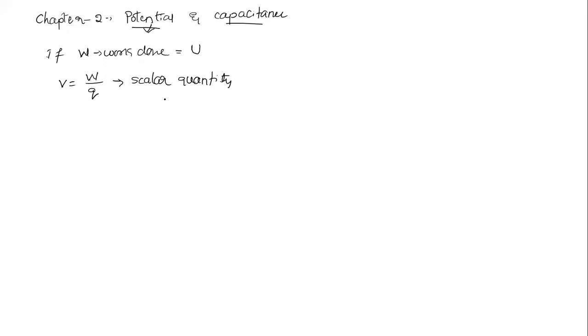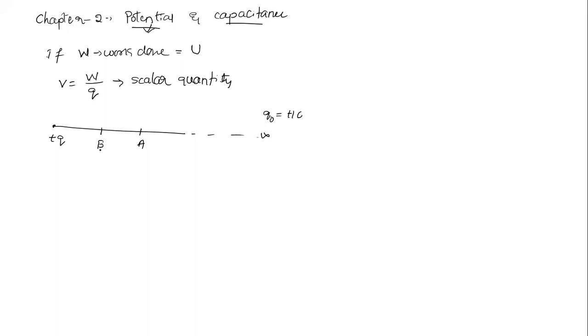Okay. So now this is what we're going to do, work done. Now if I take some points here, for example, there is a charge here. Let us take plus q charge. Like this, till infinity, somewhere it is there. At infinity, I'm going to have now a unit positive charge. Let's say it is 1 coulomb. I'm going to bring that unit positive charge from where to where? From infinity to some point. Let us take this point as A, this point as B.